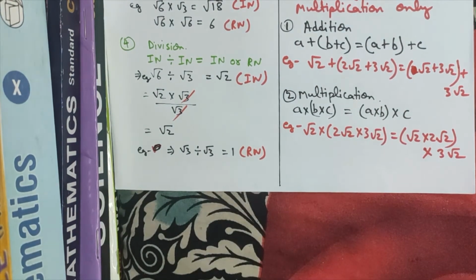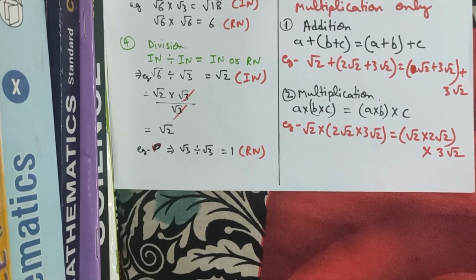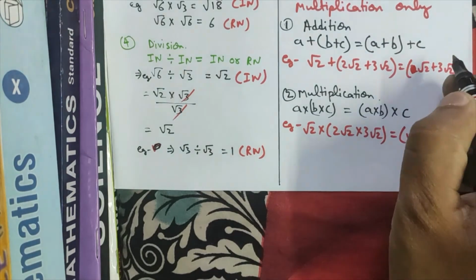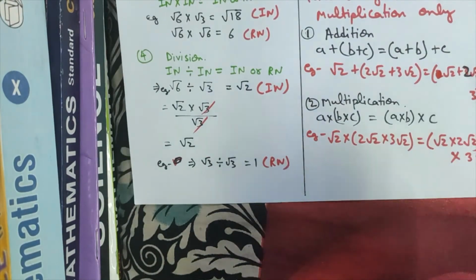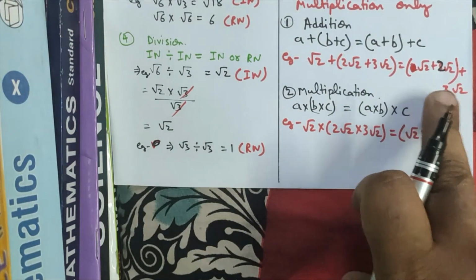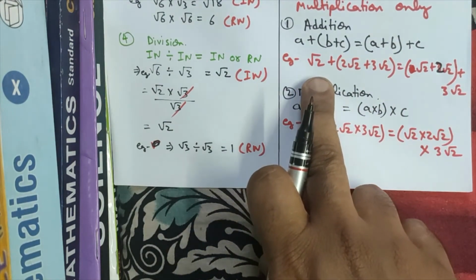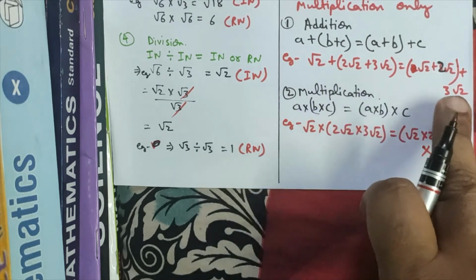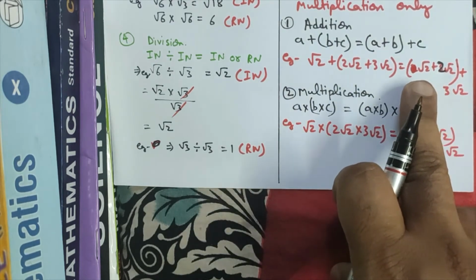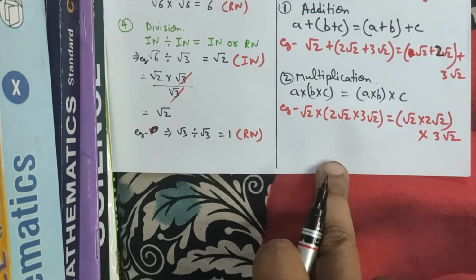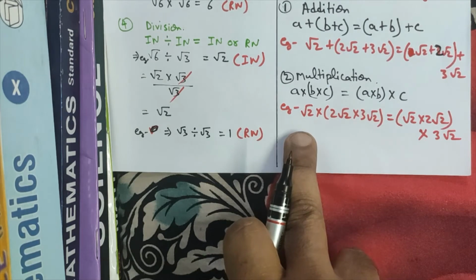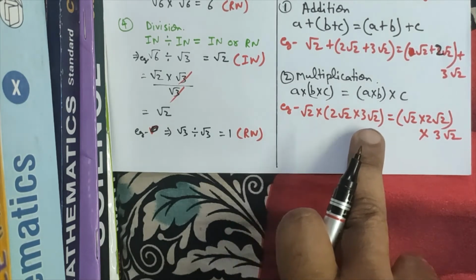Here there is a little bit of mistake. Let us rectify that. It should be 2 root 2 plus root 2 plus 2 root 2. It should be 2 root 2 plus (root 2 plus 2 root 2), because the first place is root 2, the second place is 2 root 2. So root 2 plus 2 root 2 will be 3 root 2, and 3 root 2 plus 3 root 2 will be 6 root 2. So it is followed.